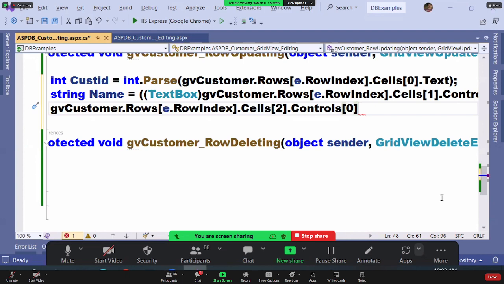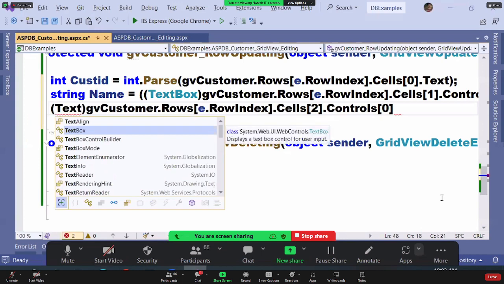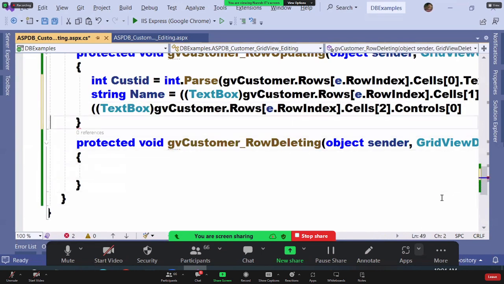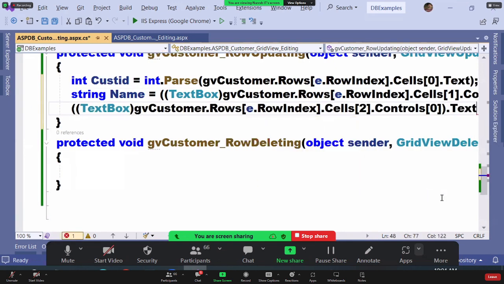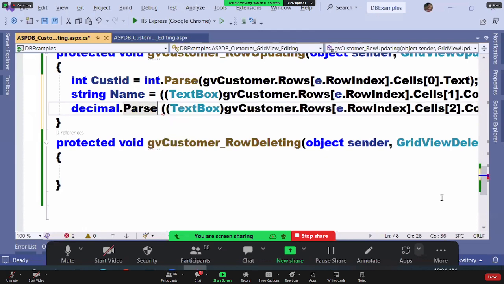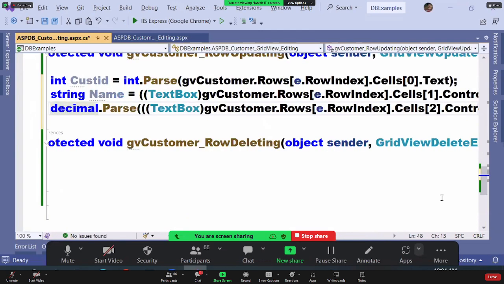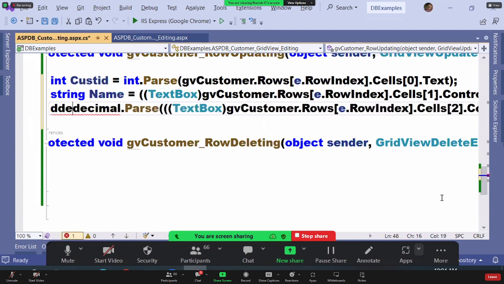Dot, you forgot again. Should convert into TextBox. Then dot Text. Now tell me, do you want this value as a string or decimal? Decimal. So Decimal dot Parse. So these are the multiple conversions we are doing here. Decimal